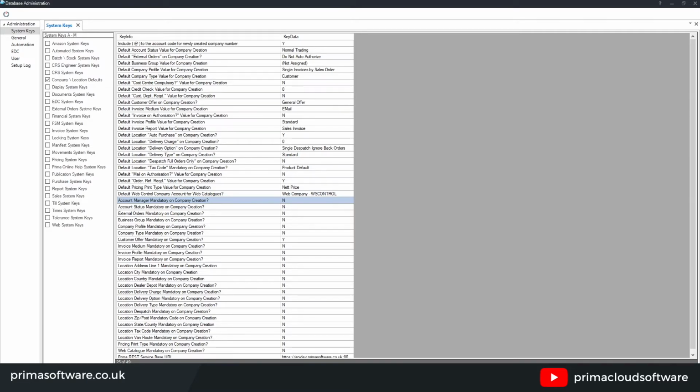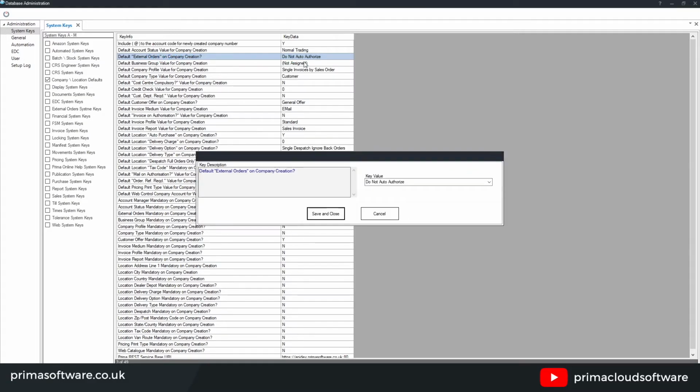Now, one that I will explain, as it's not too obvious in its description, if I just scroll up to the top here, is default external orders on company creation. So this one's brand new into the latest version, and what it is, is external orders coming through from your Prima Go web store. So at the moment, when it's set to do not auto authorize, that basically means that